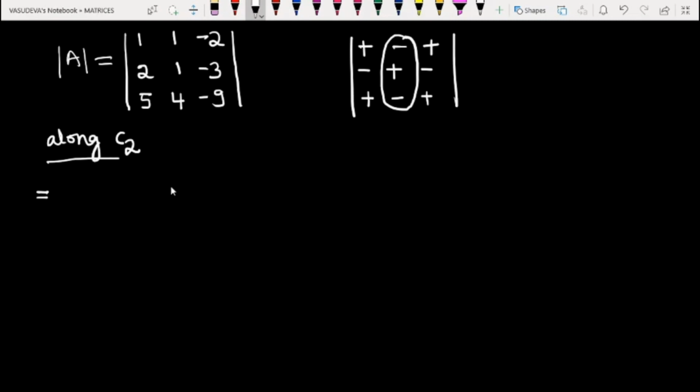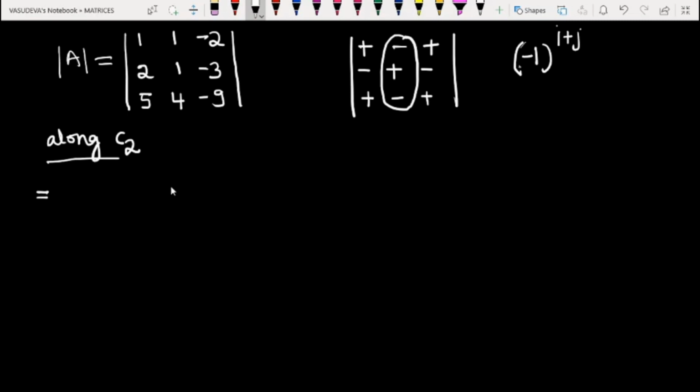Here we have to see the sign scheme. Sign for the second column is minus plus minus. So plus minus plus minus plus minus plus minus plus. This sign scheme is written according to the expression minus 1 to the power of i plus j, where i plus j is the sum of the suffix. When i plus j is even, it is equal to plus 1, and minus 1 if i plus j is odd.